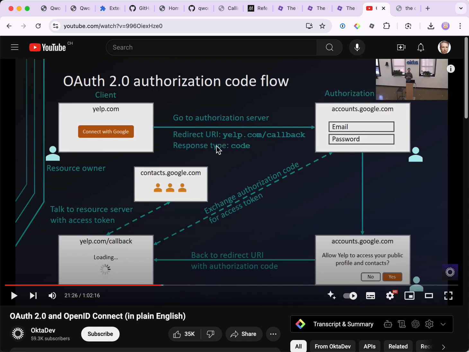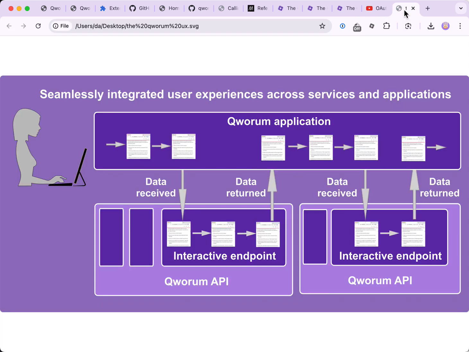One advantage would be that the redirect URI would no longer be necessary, for example, because the script itself defines what happens when the call returns. So Quorum has a more general version of the OAuth user flow, if you will, and this is the type of thing that is enabled with Quorum.